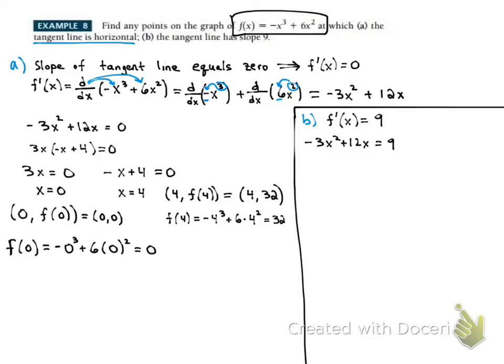Now this is a quadratic equation. This time it's not equal to 0, so the first thing we need to do is subtract 9 from both sides to get this quadratic equation equal to 0. And now we'll try to factor the left-hand side. First thing we can do is factor out a -3, and now let's try to factor this trinomial,